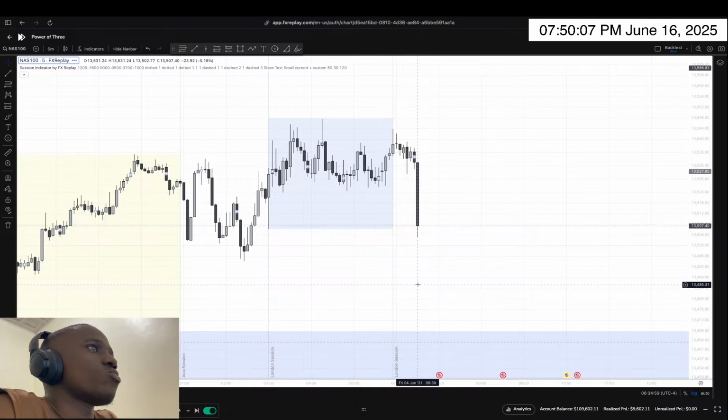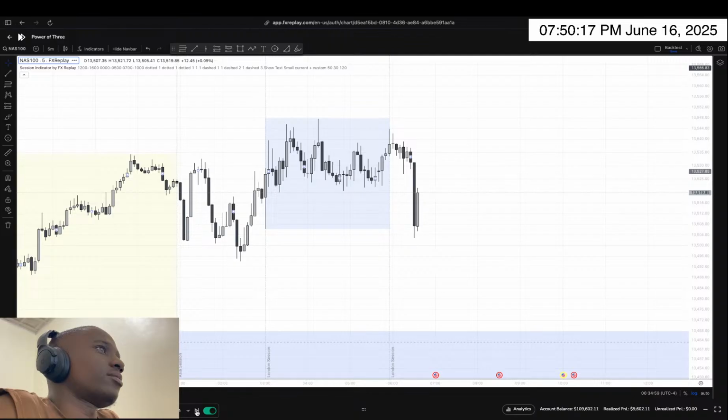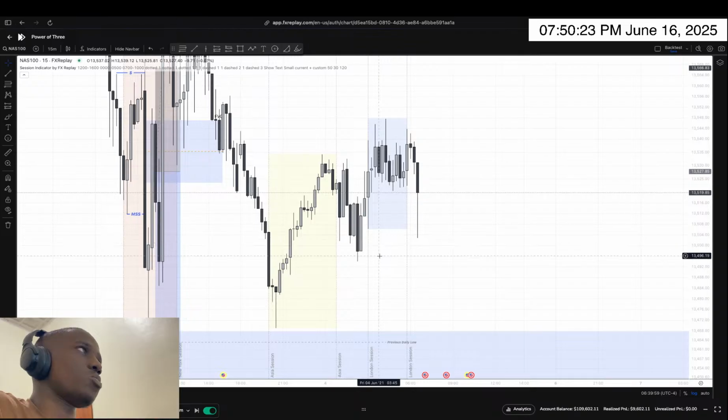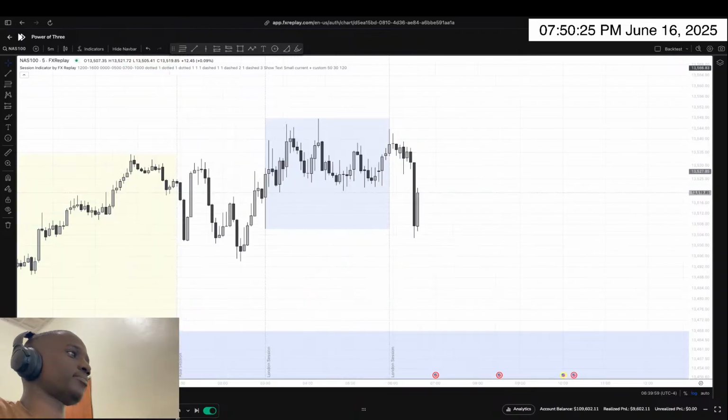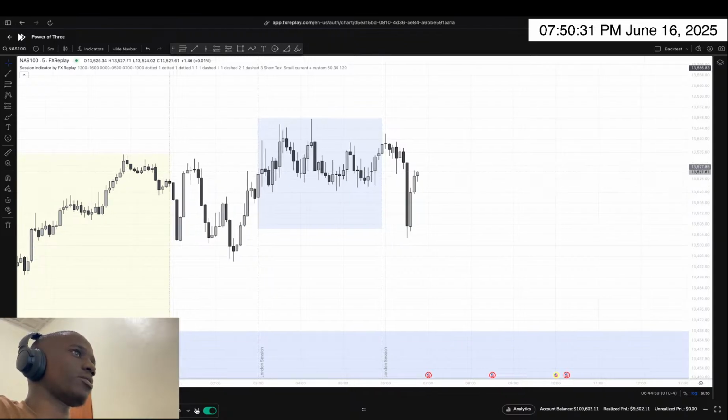Ooh, nice drop, nice drop. Good shift here. We shift structure inside there. How is the 15 looking like? Okay, let's now use the 1 minute and see. So we get a full retracement into the gap